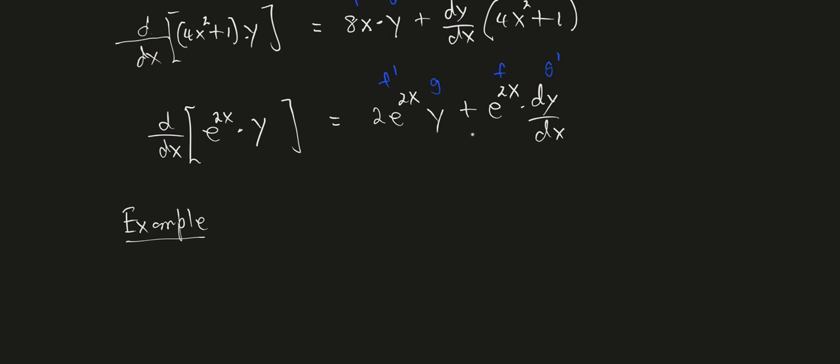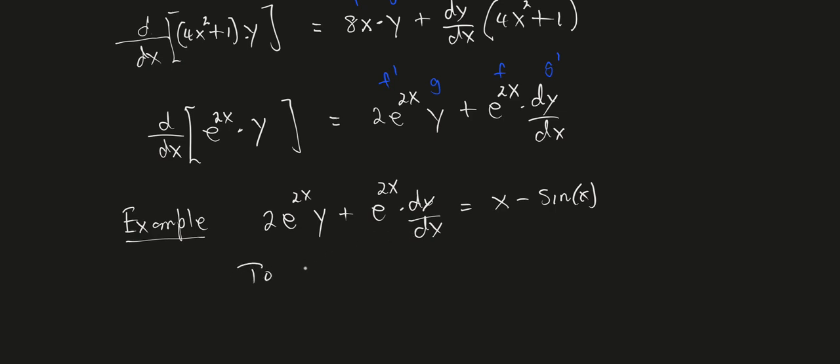I'm going to write this down. The 2e to the 2x times y plus e to the 2x times dy dx. And let's say I put some other function over here now, like x minus the sine of x. So suppose this differential equation was given to you and we were asked to solve for y. So to solve for y,